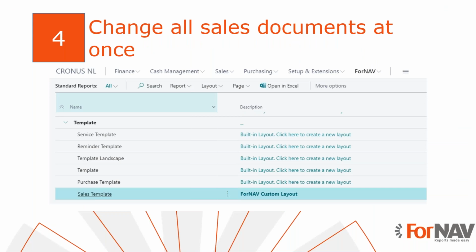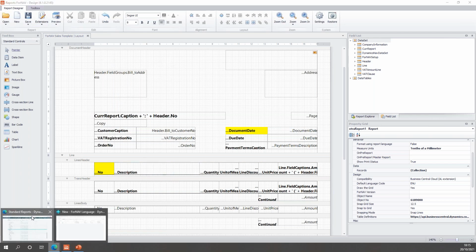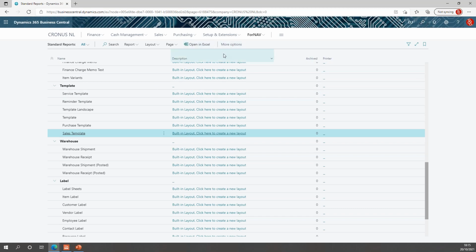Finally, we want to make these layout changes on all of our sales documents. In order to do this, we don't have to manually edit all of our documents. You may have noticed that I've edited the sales template. All the changes we make to the sales template will automatically be inherited by all of the other sales documents. So make sure I've saved these changes. In ForNAV you can preview without saving changes, but I've saved these, which means that if I'm inside